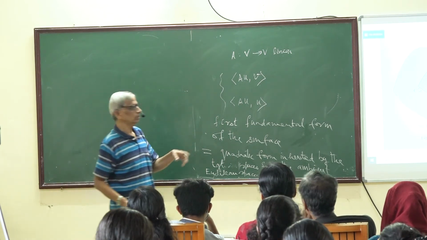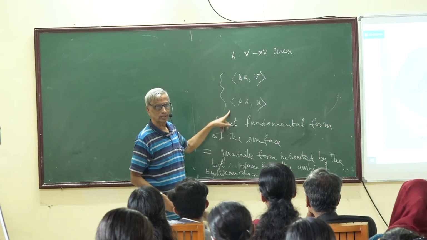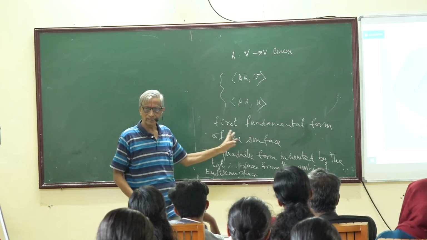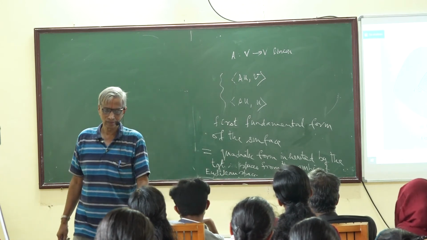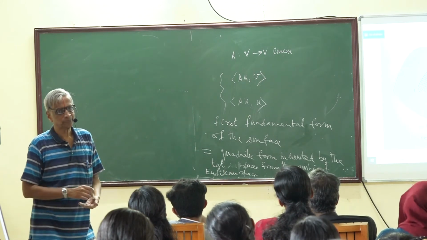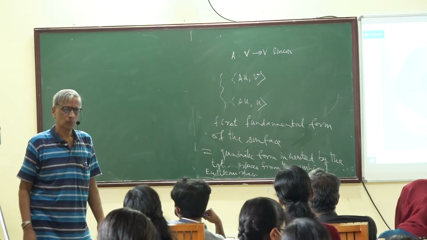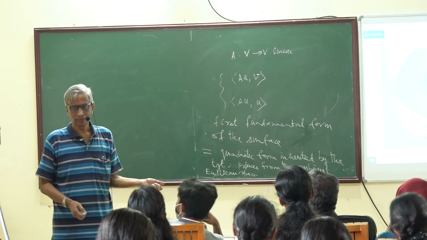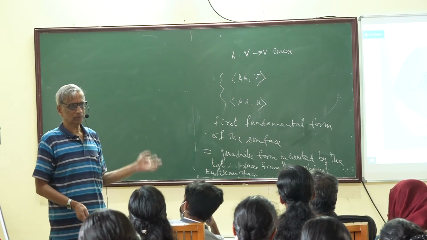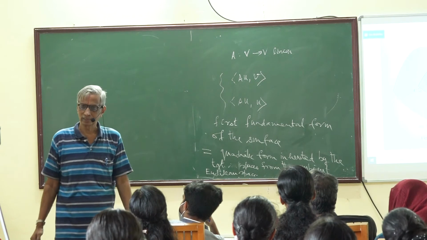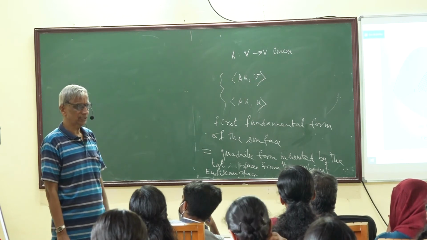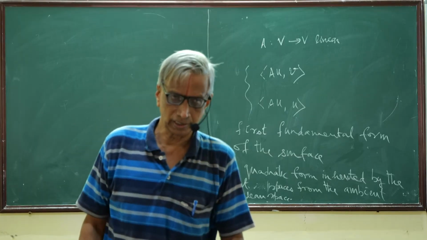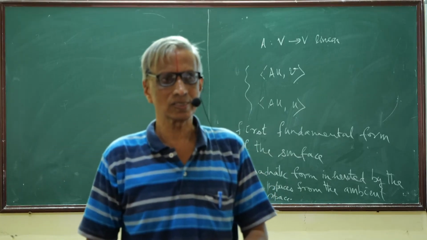that is going to be of this type, coming from some linear map on the tangent spaces. So that linear map is what we are going to look at. Okay, so that is basically the derivative of the Gauss map. This linear map is going to be all important because